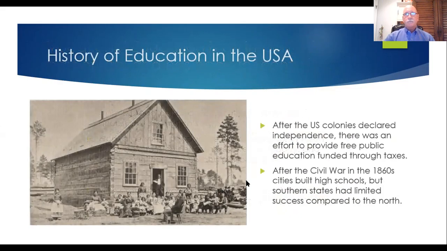Now, in the United States, our colonies declared their independence from England in 1776. So our country's only just under 250 years old. So the history of the US is relatively short compared to the world history. But when the colonies declared independence, one of the first things that we did as a new country was we said we should provide free public education to children in things like this picture, a one-room schoolhouse. So it's typically grades 1 through 8, and it wasn't really free. Nothing's really free. It's funded through taxes.